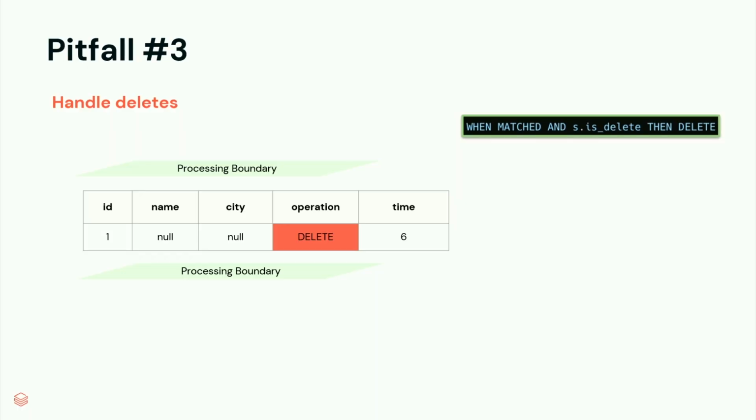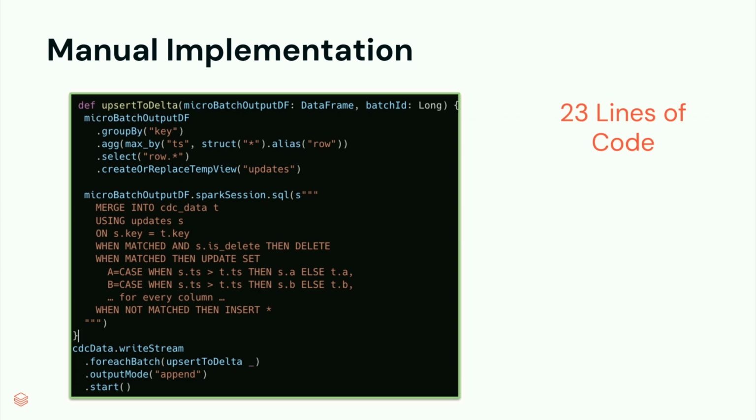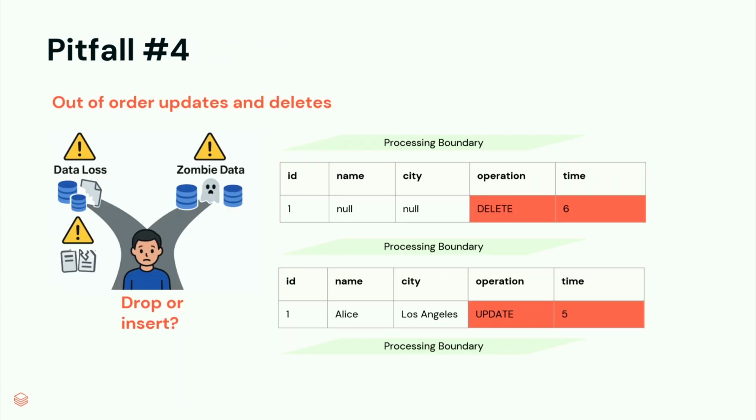Then there's deletes. So, apart from insert and update, there's delete. So when you receive a delete event, you need to know how to update the downstream to delete the row. So this is very straightforward, just one line of code. But here's the real challenge, which is when you combine deletion events with out of order arrival, things become quite